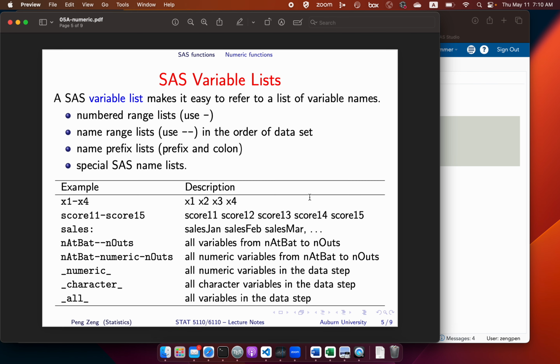SAS variable lists. A SAS variable list makes it easy to refer to a list of variable names. We can always write the names one by one, just list them and separate them by space. But sometimes, if you have too many variables, you want a shortcut to list them. For the numbered range list, you just use a dash. For example, like this one, you can see